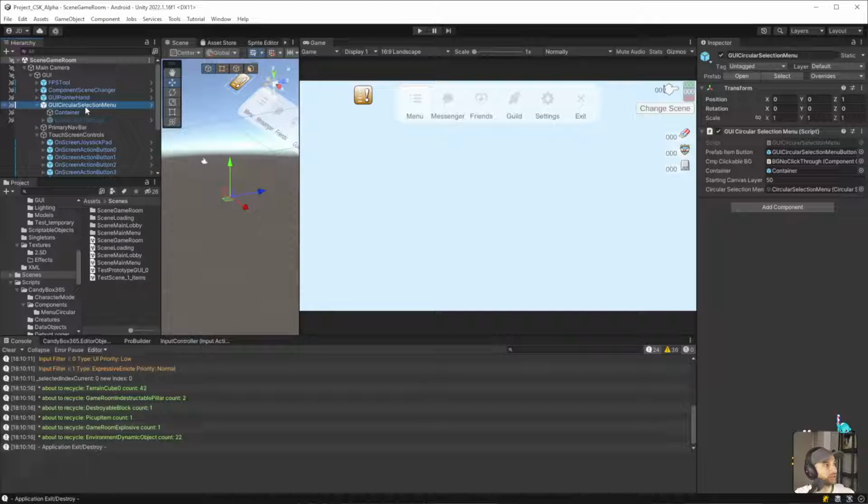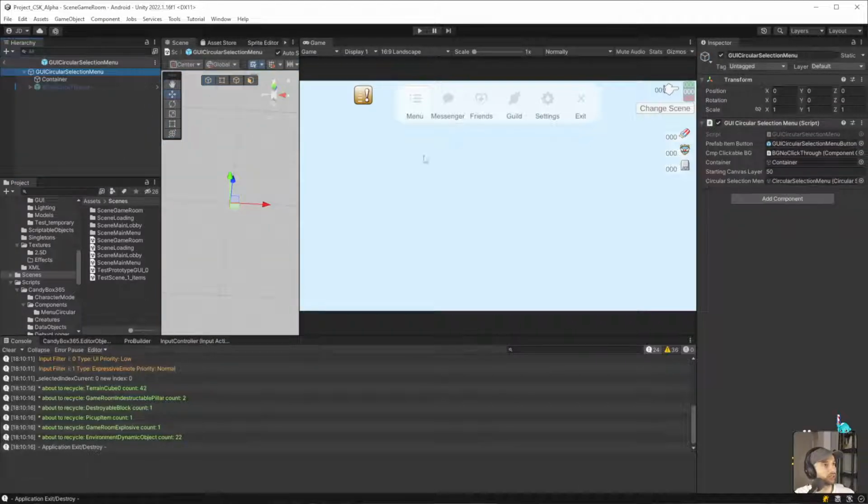So if we go to here, circular menu selection, and we go to our prefab, and there's our 50. Okay, so that's where the 50 is coming from. But how come sometimes it's 0, but sometimes it's 50? It can't be 0. Can it?